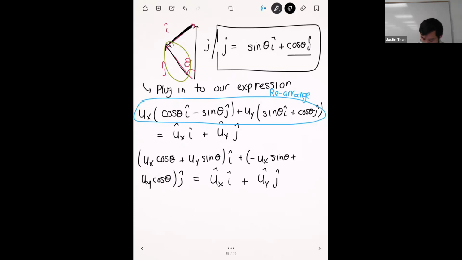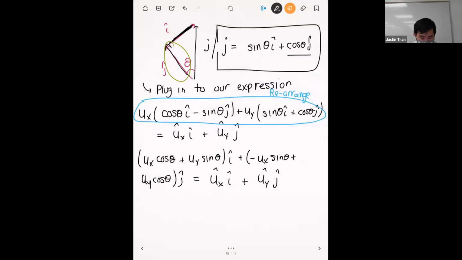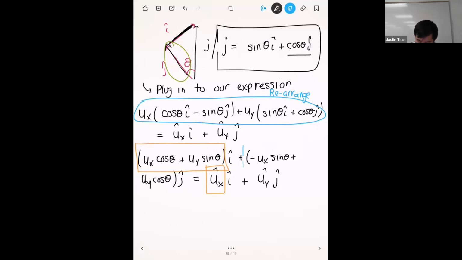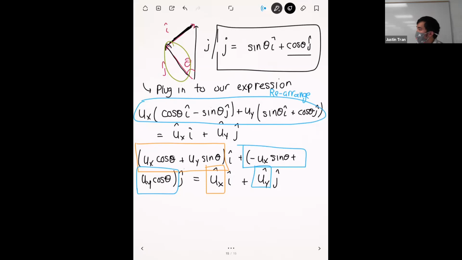Okay. All right. And so from here we can form a system of two equations, right? Because we have one term with i hat, and so we have this expression right here, and that's going to form one equality condition. And we can form another equation with the j hat terms. If we put those two equations on top of each other, we can form a matrix set of equations. And so that matrix set of equations is cosine theta,